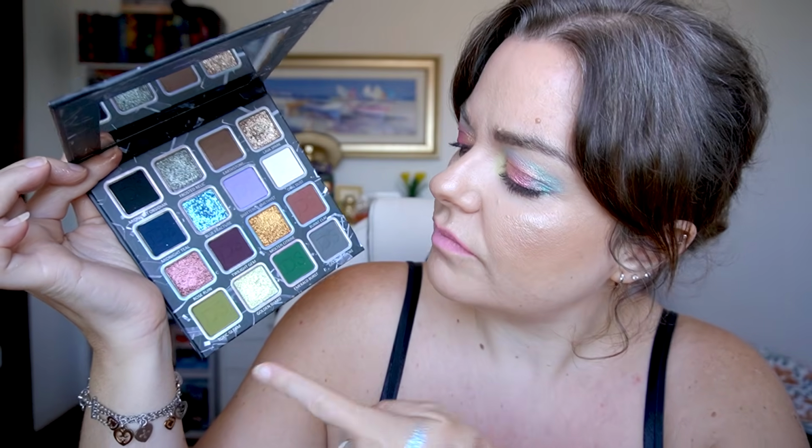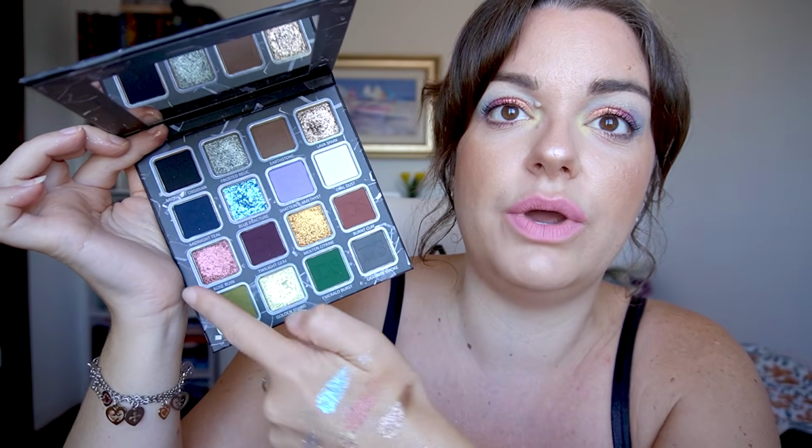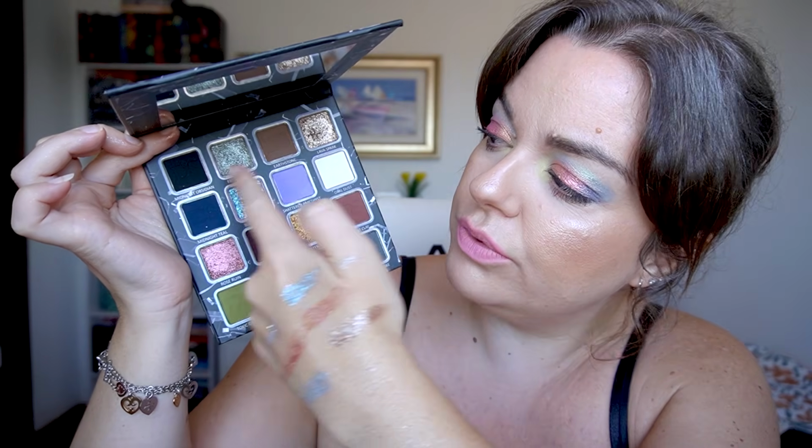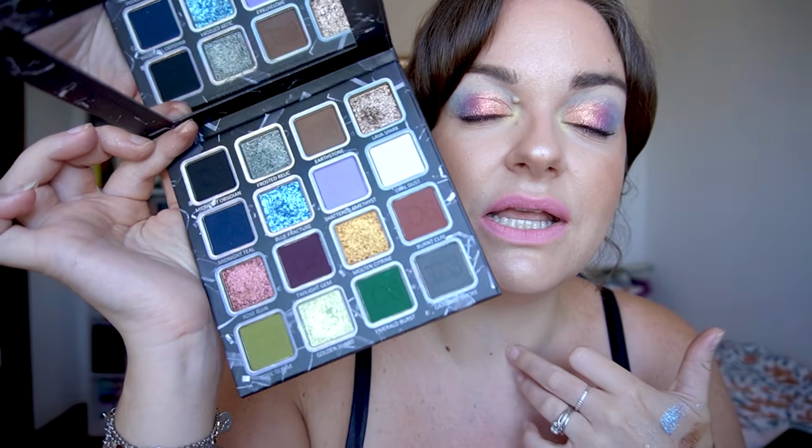Like if you compare it to the Belly Beauty Bar where you have the gradients and everything, it's all nice, neatly done, which is nice. But I actually like that this one is not neatly done. And you actually have the rows. You have the green row, you have the orangey brown row, you have the blue row, and then you have the brown dark row. So, you know, it is laid out that way, but